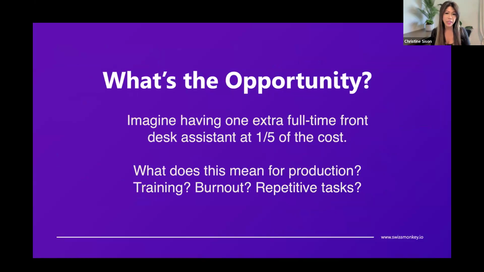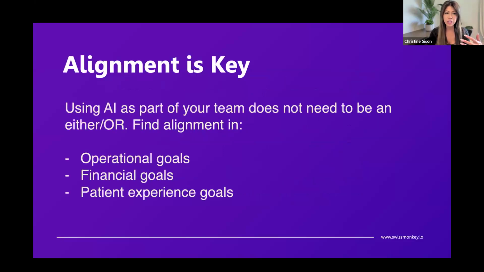But imagine what that looks like if I'm saying, hey, for a fifth of the cost, or maybe less as technology gets better, you can have a full-time team member. You can take that extra savings and extra production and actually redistribute that to your team. So the key here, as you're thinking about AI, because a lot of people are nervous about it, even the off-site team, is how do you create alignment between your on-site team, your off-site team, and agents? Really thinking through what that discussion looks like is going to be really key as you are building your operating model for your